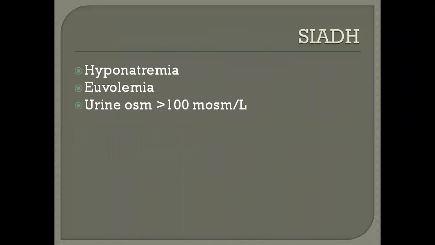There are several criteria which have been described to define SIADH, but these include hyponatremia. That should be hypoosmolar hyponatremia. I will just discuss that in a while. Why not hyperosmolar? Why hypoosmolar? So hypoosmolar hyponatremia, that is, serum osmolality should be low, along with euvolemia and urine osmolality more than 100. Urine osmolality is high because if there is excess ADH, then you will absorb the water from the urine, so urine concentration will become high. So it should always be more than 100. If it is less than 100, then that means ADH excess is not there.